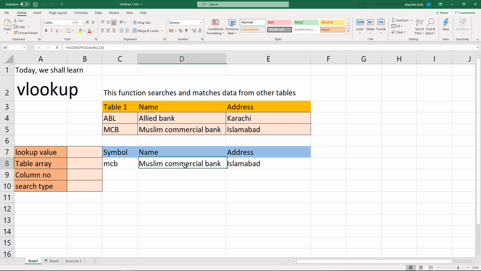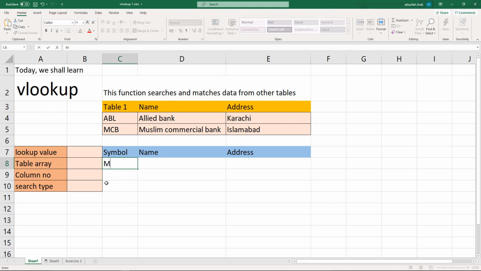So let's say based on the symbol of the company we want to know the company name. We want to extract the company name and the company address from this table.